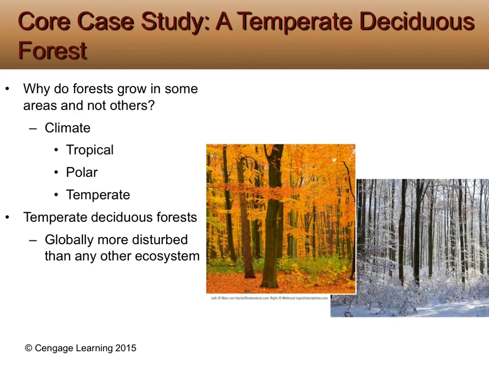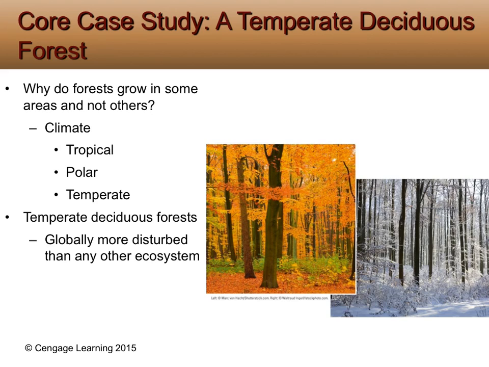We, of course, live in a temperate deciduous forest, so the pictures to the right should look familiar. The reason it's called temperate deciduous forest: temperate because we get a wide range of temperatures. If you think about it, 90 in the summer, all the way down to like minus 20 in the winter. Deciduous because our trees lose their leaves, which is actually a strategy to keep them alive. Otherwise, with the increased surface area of a leaf compared to a needle, they would actually lose water during the winter time.